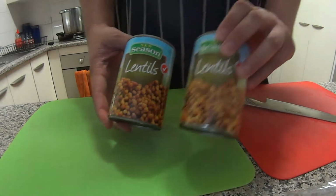First instalment of my cooking show, and today I'm going to show you how to make lentil burgers. So first of all, we're going to use 2 tins of brown lentils,